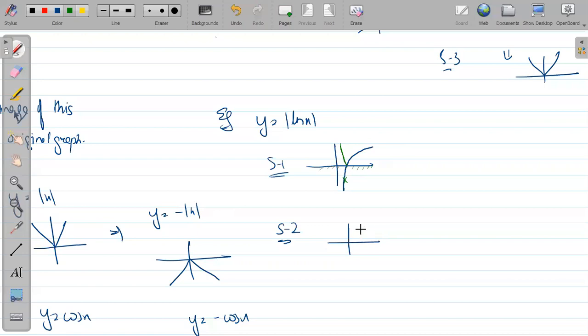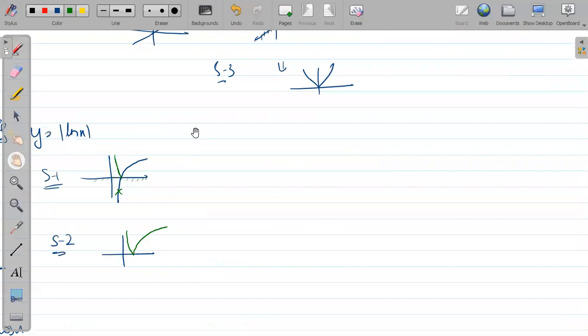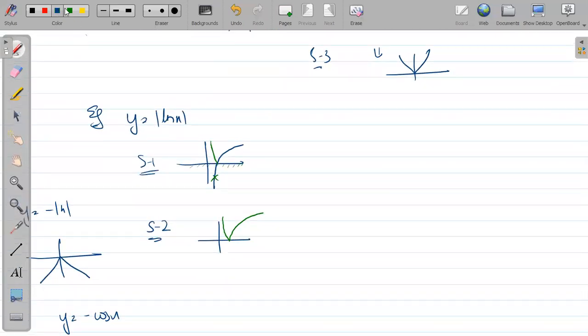So I am drawing the graph directly here. The final graph will be like this only. There is nothing in the final graph. Nothing should be present in the negative y direction. This is the final graph of y equal to mod of ln x. Let's say, can we take one more example?